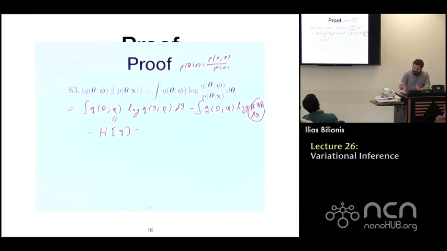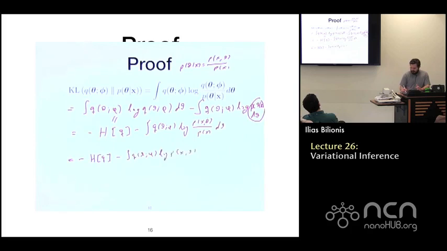So you can write it as integral q(theta|phi) log p(x,theta) divided by p(x) d theta, and you take it a step further, you have again minus the entropy, and then minus q(theta|phi) log the joint d theta,